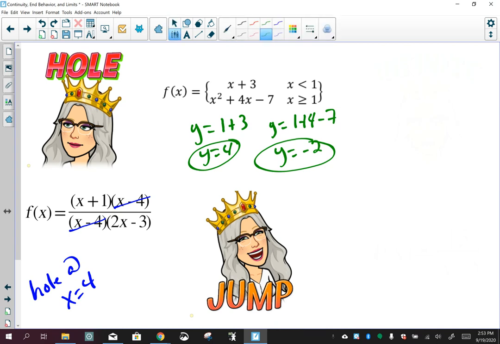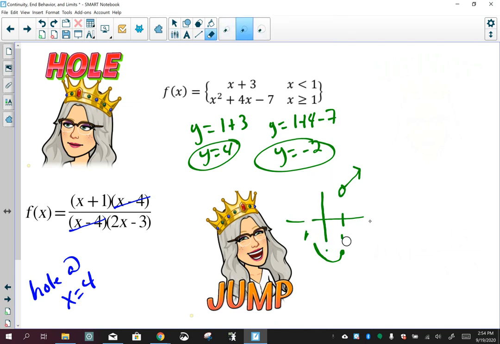So I've got something that looks something like this at my 1 value. So my graph looks something like that, but you'll notice I have to jump down to that other value there. Okay. And so we have a hole, we have a jump discontinuity, and then this other one